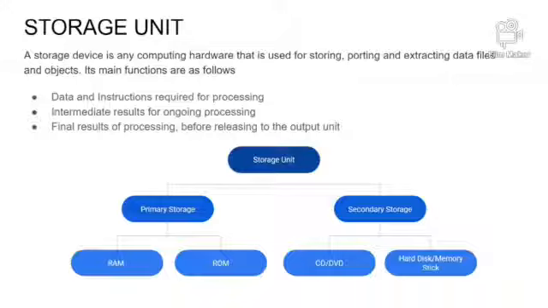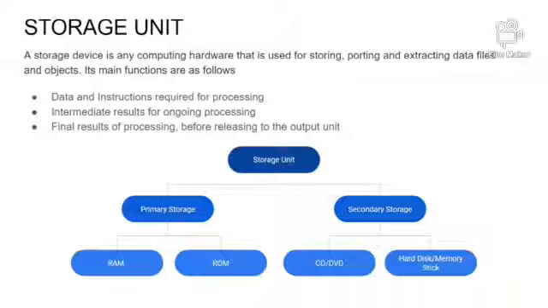Storage units are of two types: primary storage and secondary storage. Primary storage is known as main memory. It is again divided into two: random access memory RAM and read-only memory ROM. RAM holds instructions, data and intermediate results of processing. It also holds the recently produced results of the job done by the computer. ROM contains instructions for the startup procedure of the computer. The CPU can directly access the main memory at a very high speed, but it has a limited storage capacity.